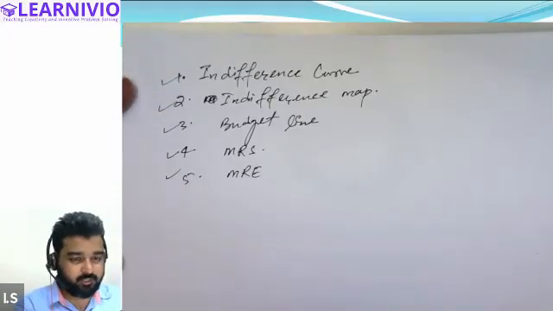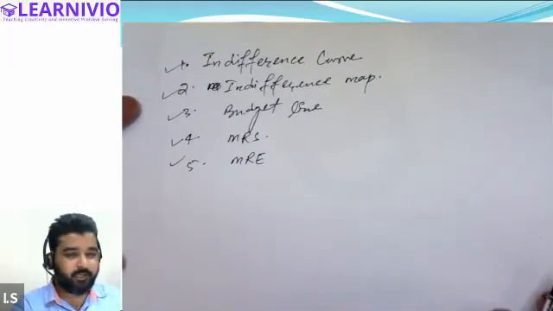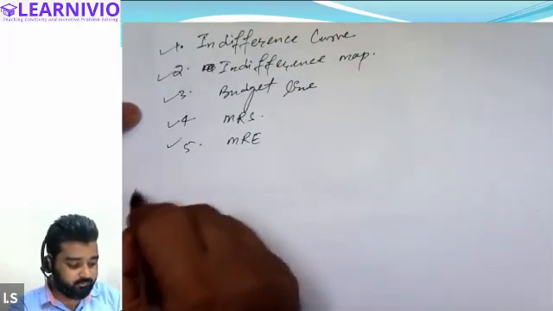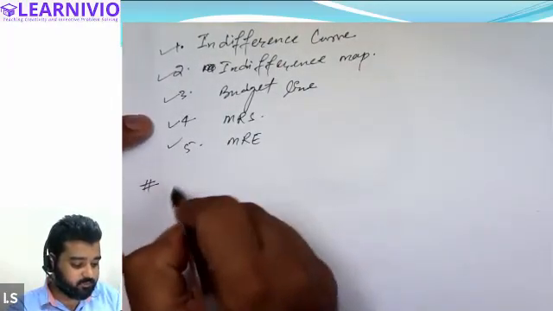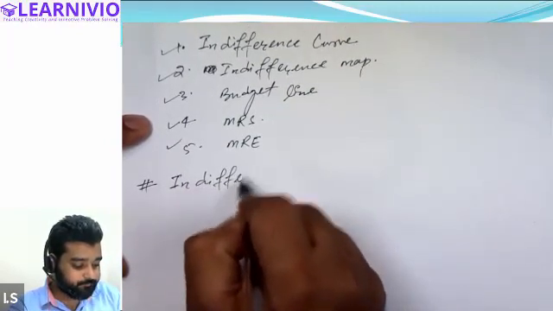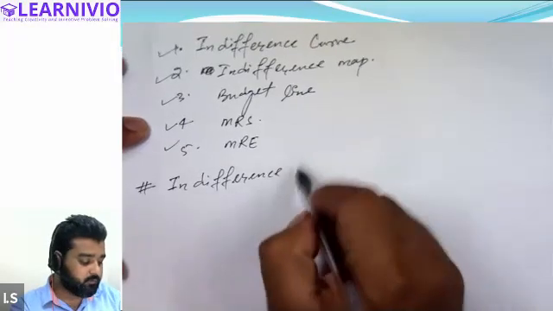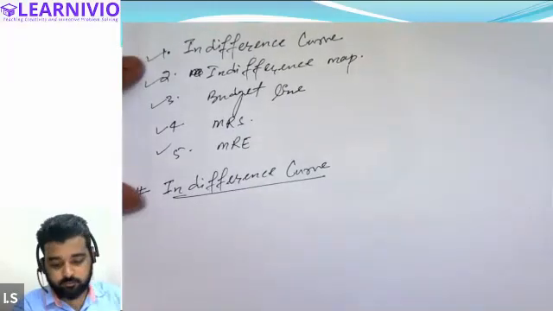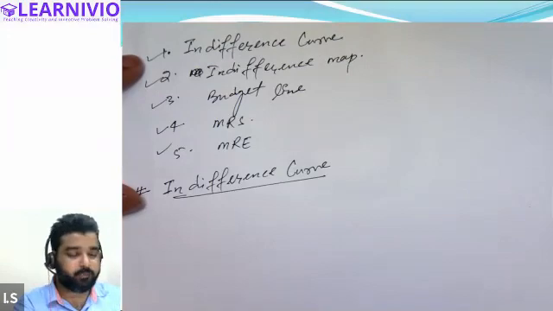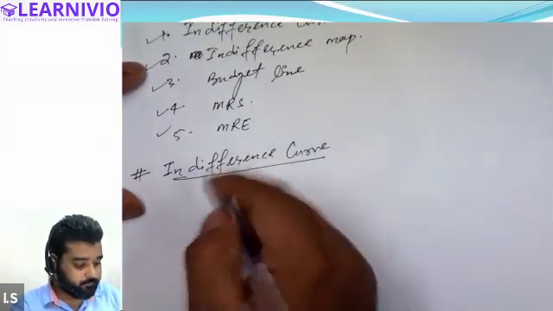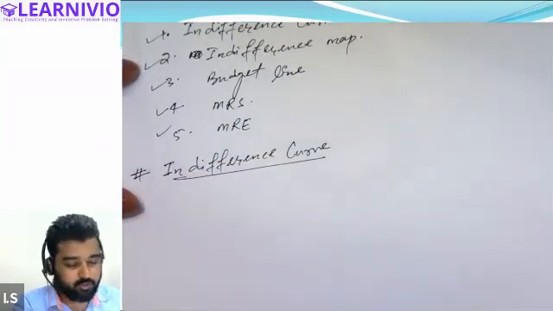so let's start. First of all, we will try to understand what is the meaning of indifference curve. What is an indifference curve? All right, indifference curve. See, the indifference curve is basically similar to the production possibility curve. There is a similarity between the production possibility curve and the indifference curve to a great extent. In order to understand the concept of the consumer indifference curve,